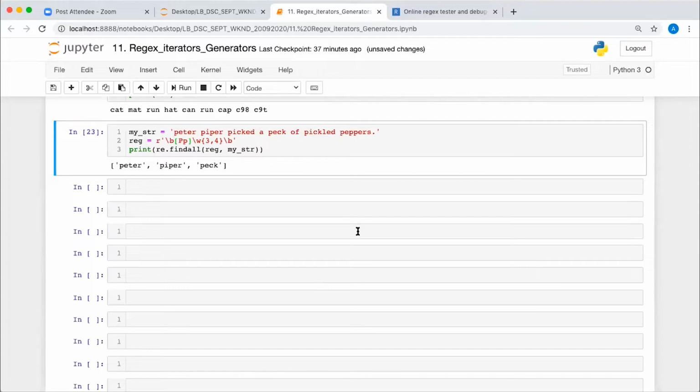Can you please repeat this part? Okay, so let me remove this \b first, and from this side and from this side also. If I'll be running this, what result are you getting? You are seeing here we are getting PICKL and PEPPE from these two strings. This string is splitted. Why? Because they are matching this pattern, right? But I don't want this splitted string. I want only the individual words which are matching. So if you want the individual words to be matched, then you will be enclosing this regular expression in \b on both the ends.